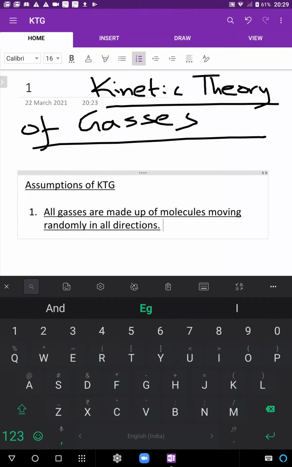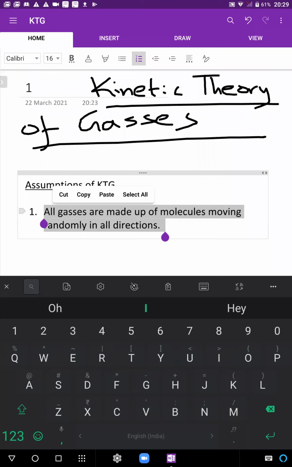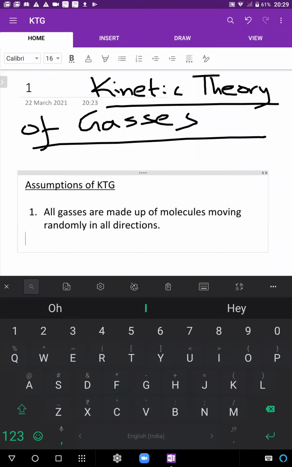I want you to picturize a very symmetrical situation. The entire situation is quite symmetrical. There's no bias. When I consider a gas inside a volume, there's no preference that the molecules want to move only towards the right of the vessel or only downwards. We'll assume they move with equal probability in all directions. They are truly random in that sense.